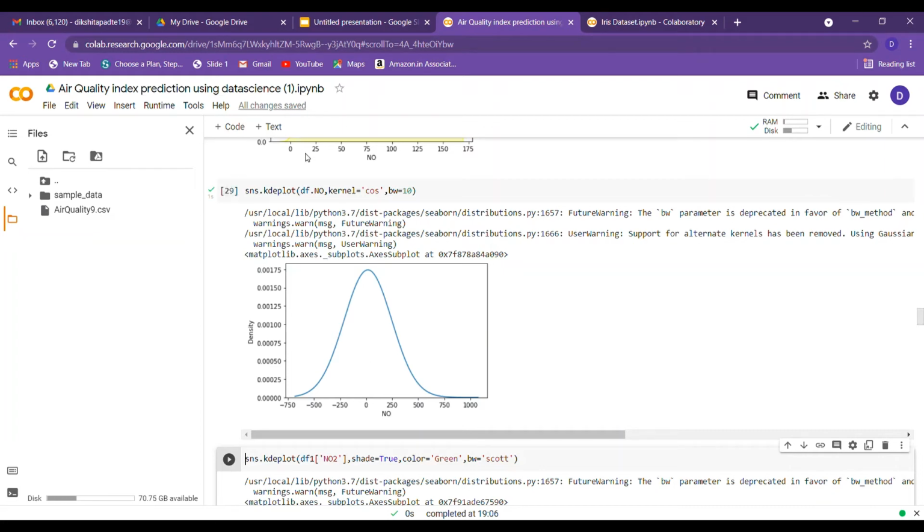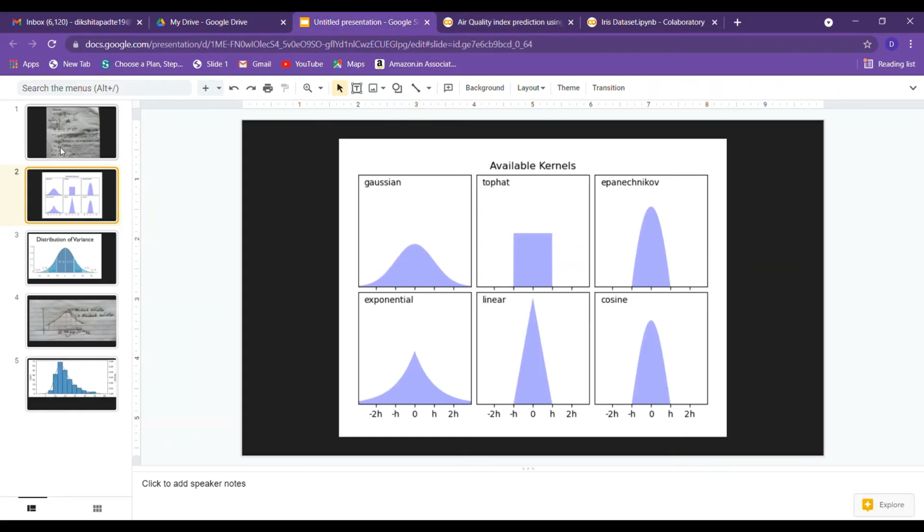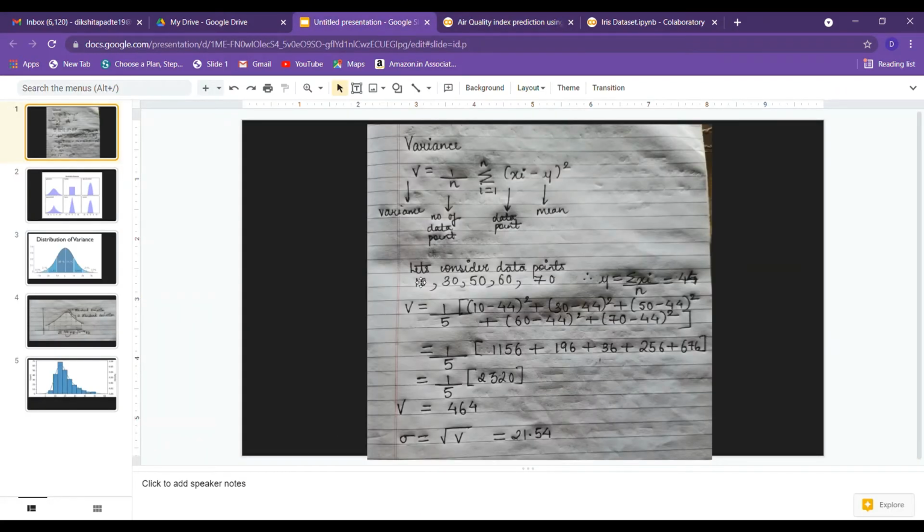We have learned variance in our school days, but just have a look at what variance exactly is. This is the formula of variance. I know it sounds a bit mathematical, but this is the basis of a basic understanding of variance. N is the number of data points, xi is the particular data point we are working on, and mu is the mean.